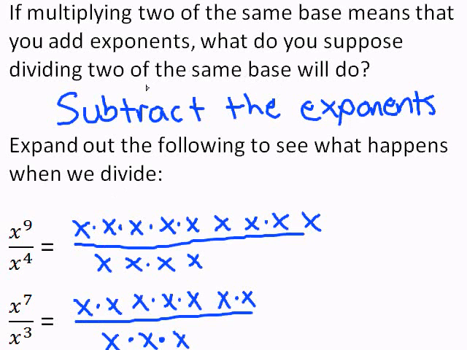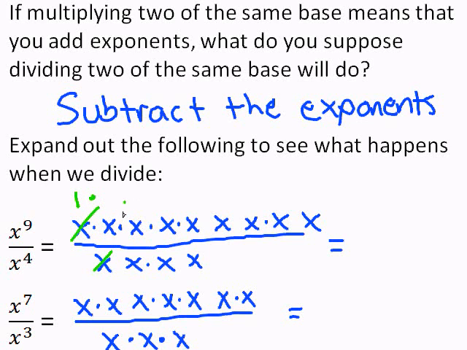So if multiplying means you add the exponents, then dividing means you should subtract the exponents. I went ahead and expanded out the bottom two expressions, and we're going to use the property we just learned a little while ago to help us answer the question, what is x to the 9th over x to the 4th? Well, x over x, we can rewrite that as 1